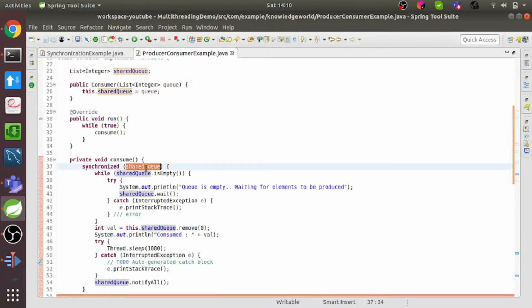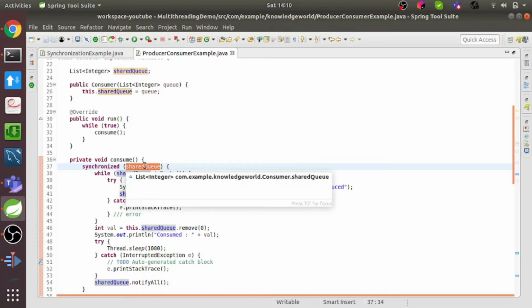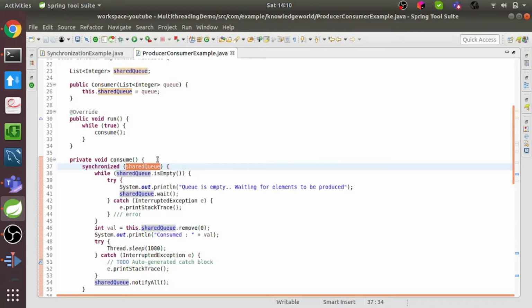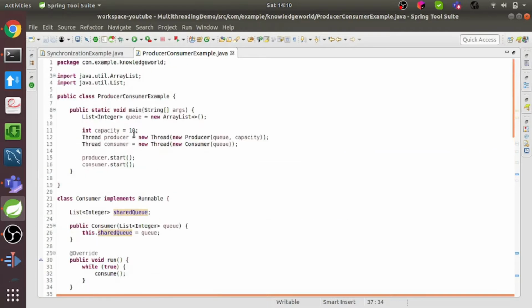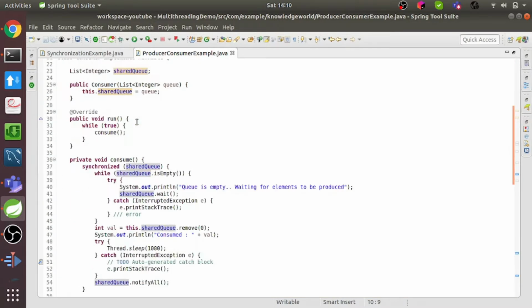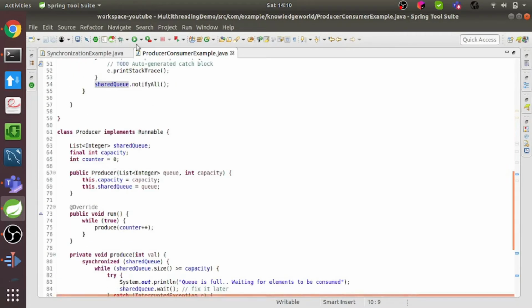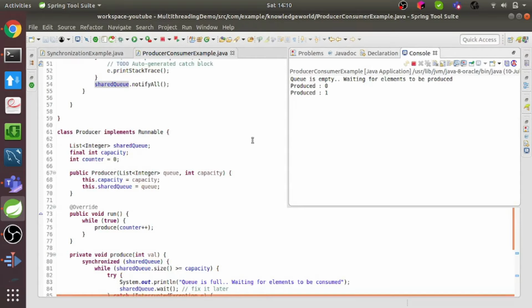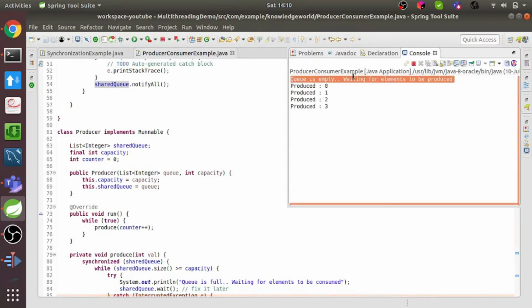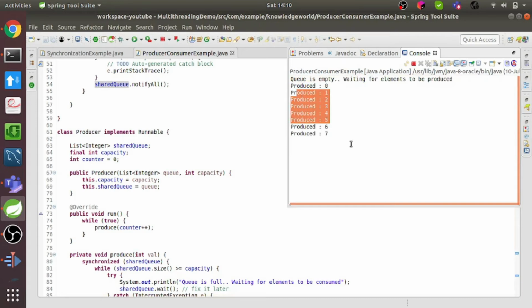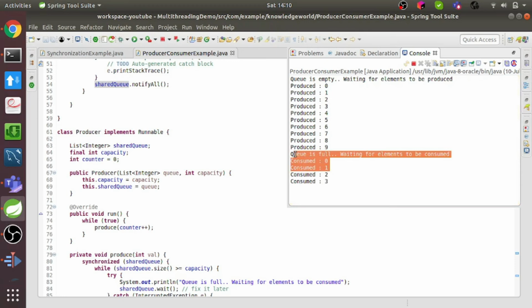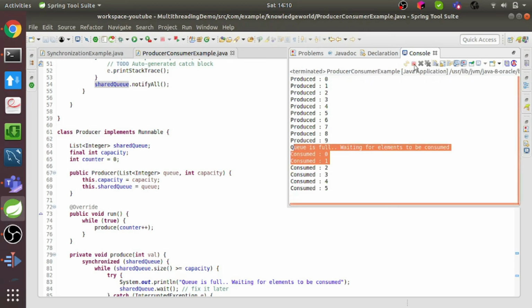It is not necessary that we synchronize over the shared object, but in the real world this would be done. I mean, it doesn't make sense to create a demo object just for the sake of adding a lock, right? So I'm assuming this would be clear. Here you see that the consumer thread wakes up and it shows empty. Now the producer is running, and any time the consumer will start consuming, right? So now the consumer starts here and both threads are running in parallel. So that's it for this video. Thank you guys.